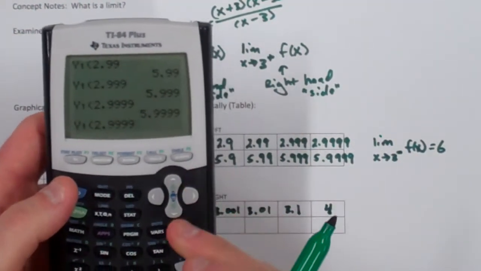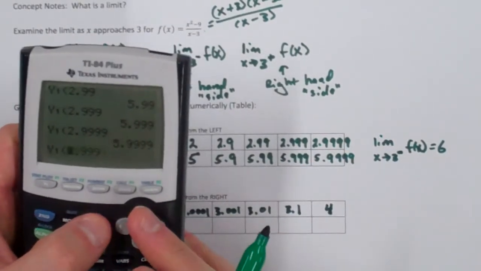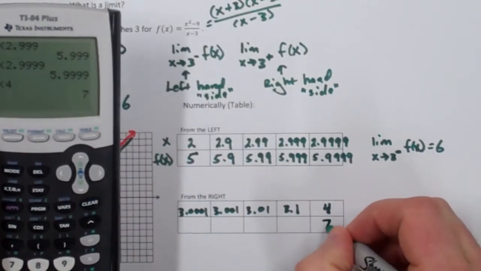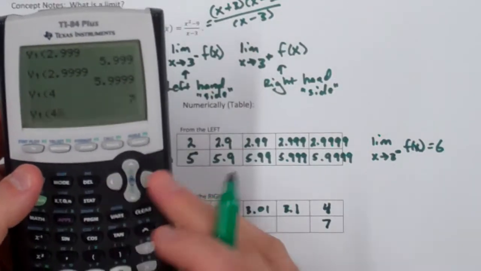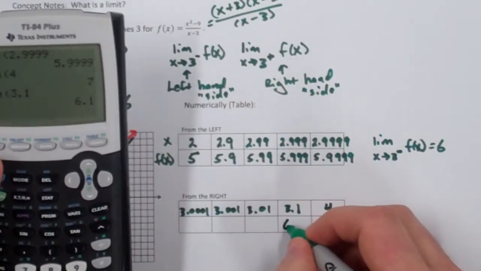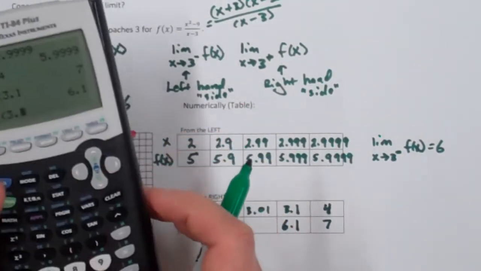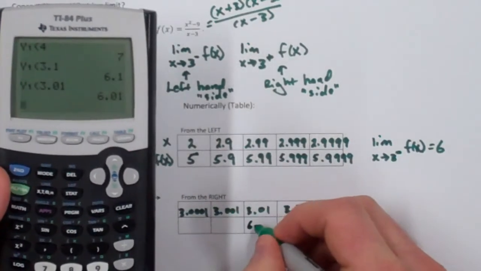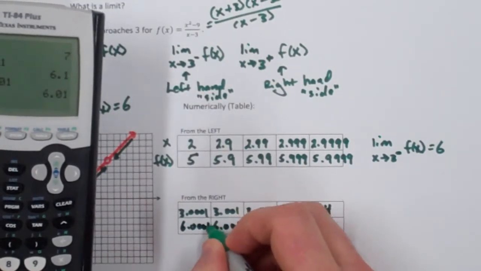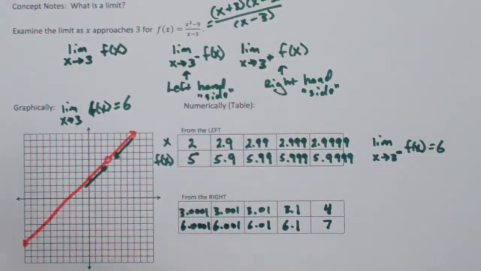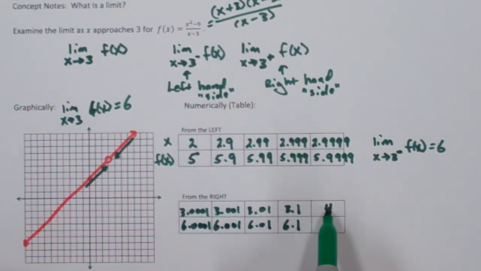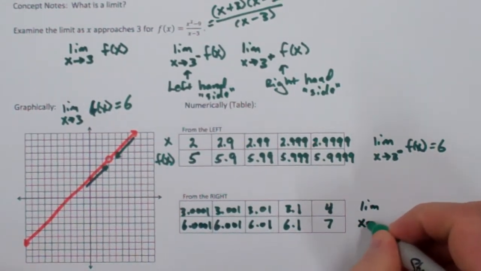So we can go back to our entry, and instead of 2 with a bunch of 9s, we would like 4. That'll be our first one. And the output is 7. We can go back and do, oops, that'll be 3.1. We're going to get a little closer. So that's 6.1. And we'll go 3.01. So that's 6.01. And you could do this again and again, but you would see very quickly that these would be the values that you had if you did this in your calculator. And so you can also see that as 4 from the right now, so we can introduce that notation here